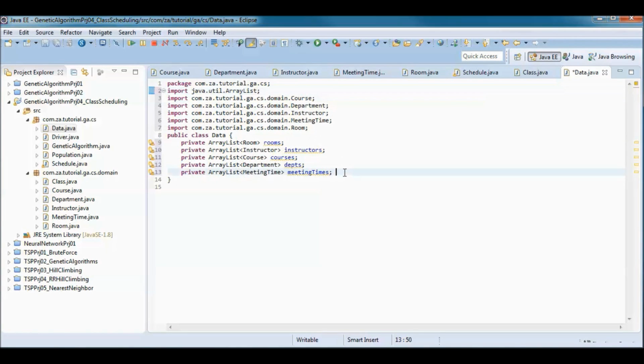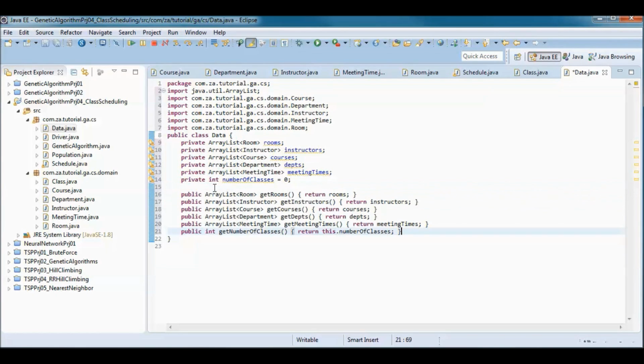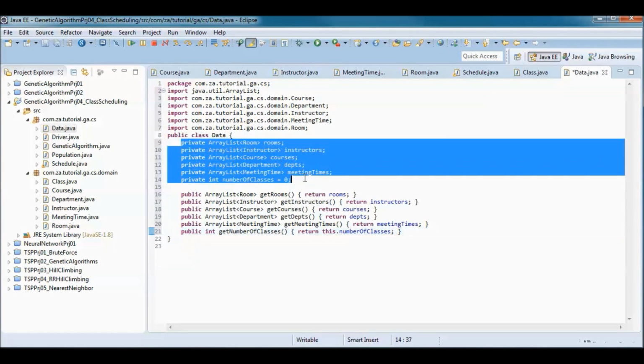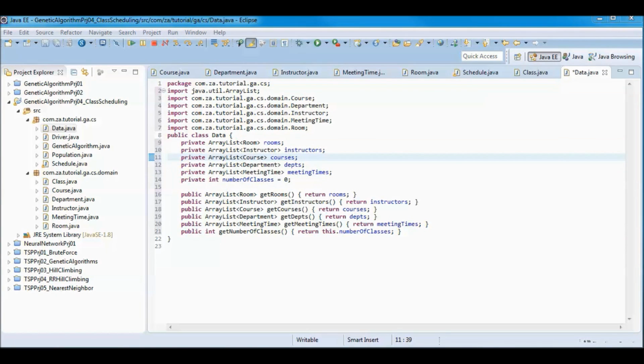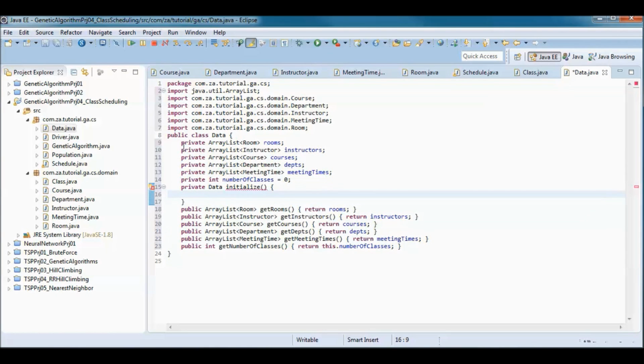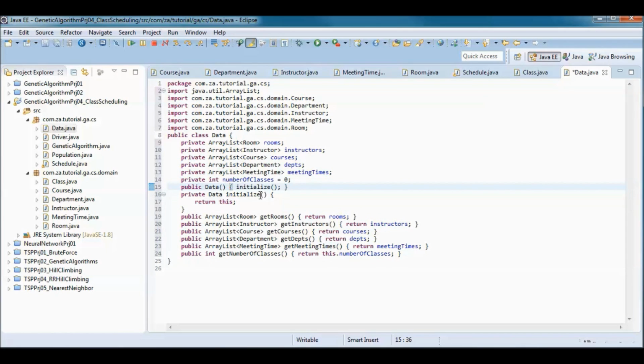And we will keep track of the number of classes, and have get methods that return each one of those, and an initialize method that initializes each one of those and returns this data instance. And the constructor will be calling this initialize method.